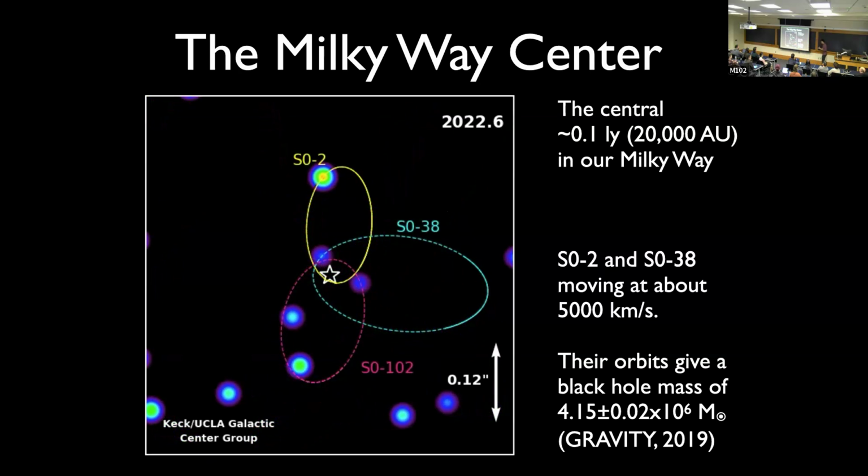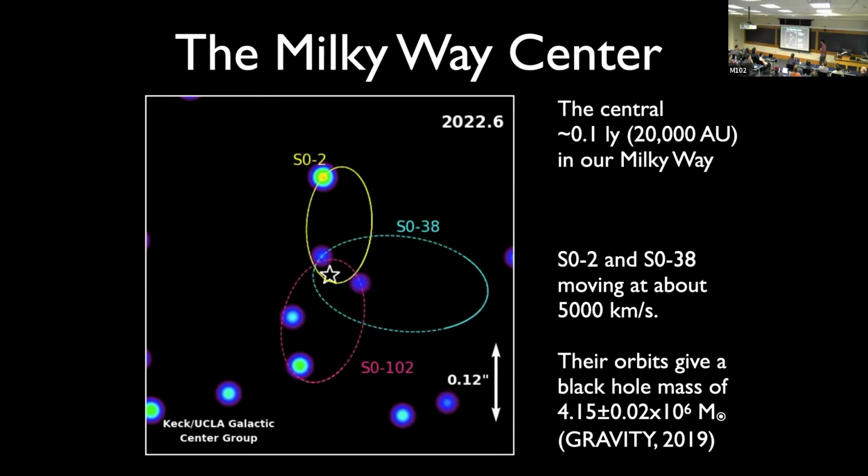So that means there's a lot stronger gravity there, and the inferred black hole mass is about 4 million solar masses. The scale of these orbits is bigger than the solar system, but not by a lot. So a 4 million solar mass black hole sitting at the center of this nuclear star cluster